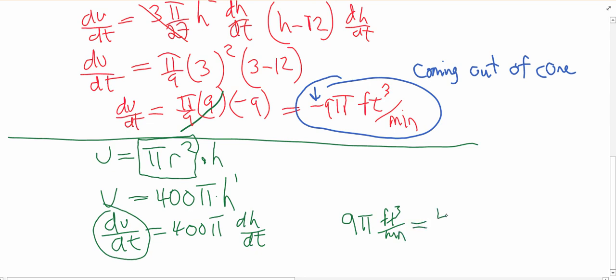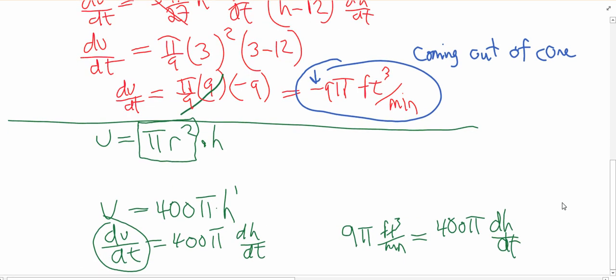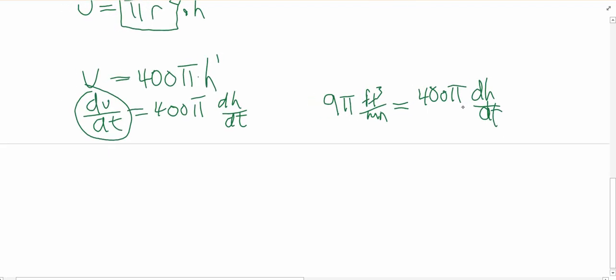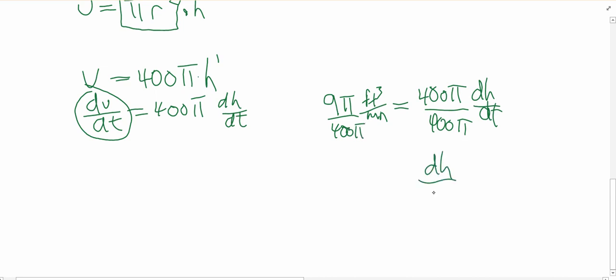And this is 400 pi dH dt. And then we're looking for dH dt, so we divide this thing out. If we divide by 400 pi, we get, pi's cancel out, of course. We get dH dt, changing at, and remember